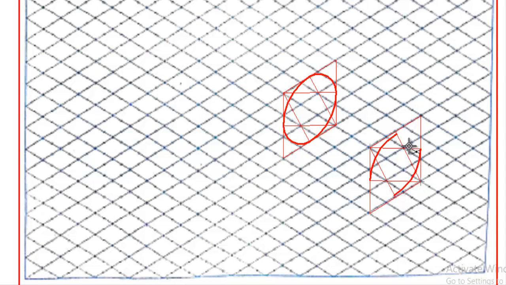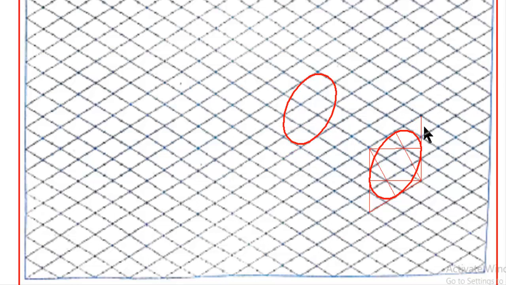Then take the intersection point as center and draw the arc here, and in the same way take the other intersection point as center and draw the arc. Like this you draw the arcs, and then, before joining the two circular faces with the tangent line, you can erase all the construction lines we drew here.